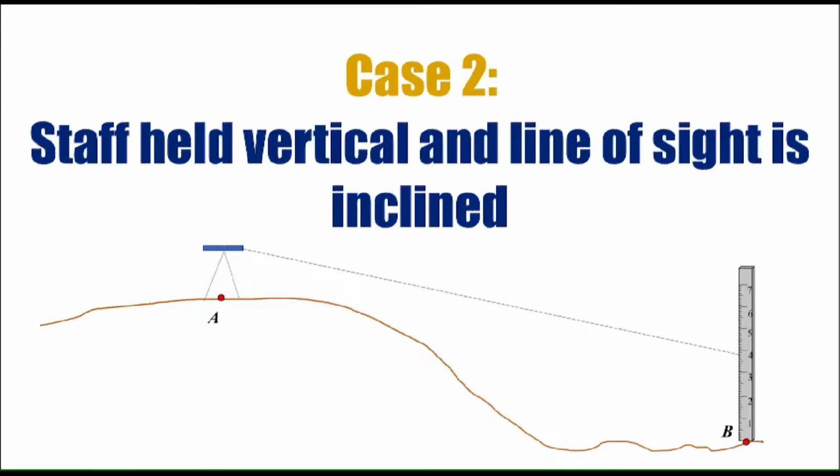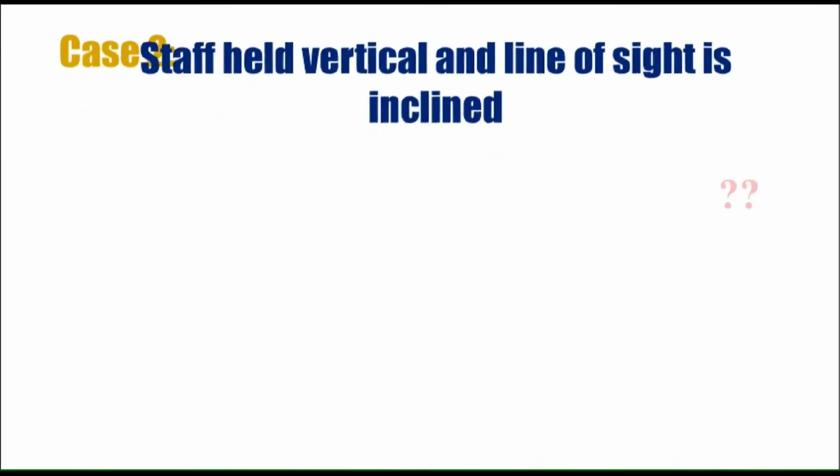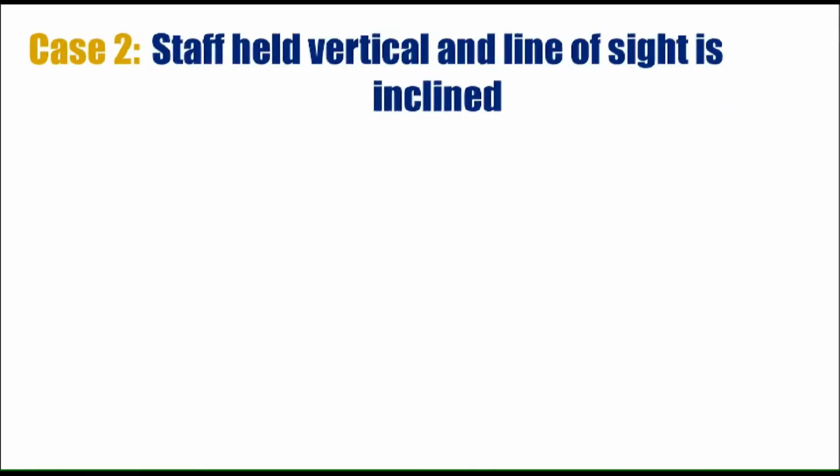Hello everyone, in this video I'm going to talk about case number 2 of the Stadia method of tacheometric surveying, in which the staff is held vertical and the line of sight is inclined. Now consider a cross section of a land that is shown in this figure, and it is asked